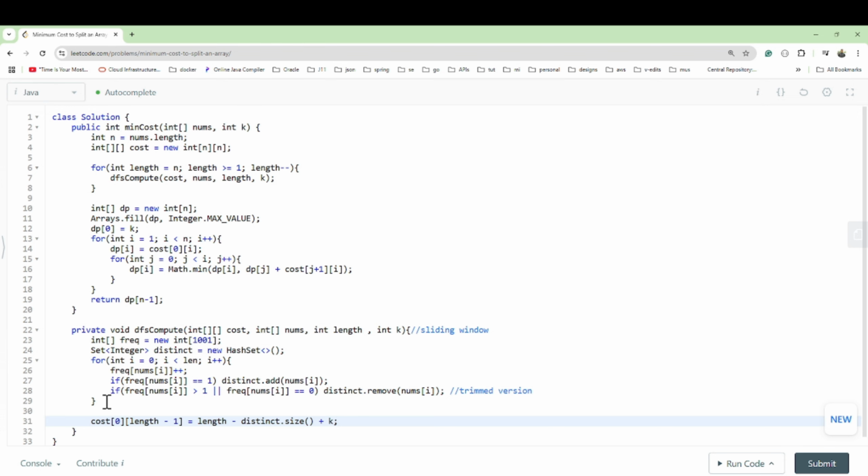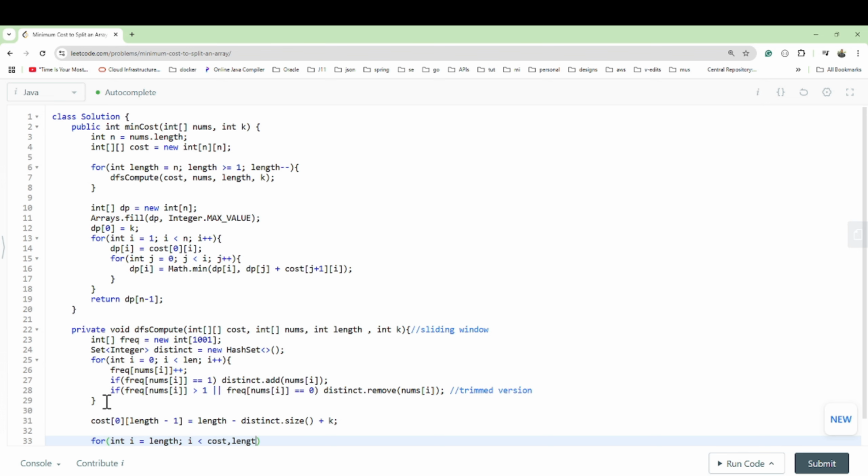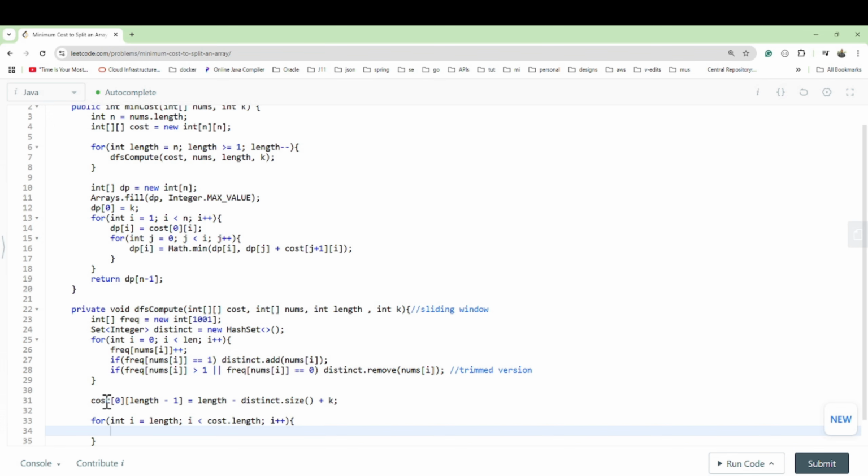Once your cost is updated, we'll create a for loop. We'll start from int i is equal to length, and i should be less than cost dot length, and i plus plus, like this. Now we have to do enqueue from the right, right? How will we do enqueue? Int l equal to i minus len,